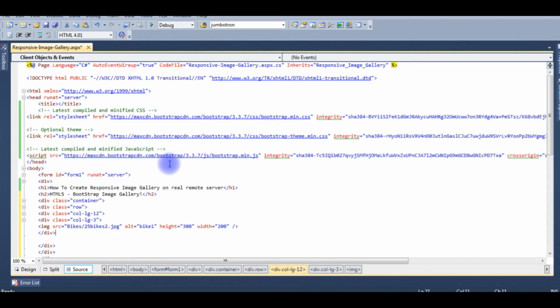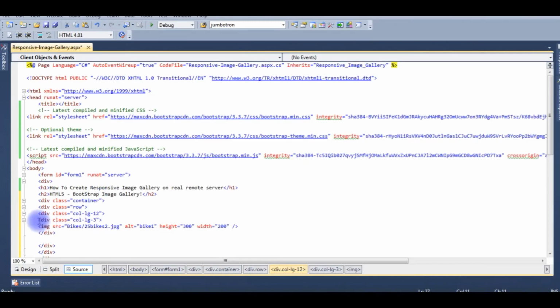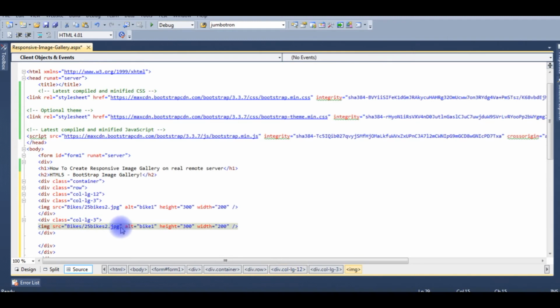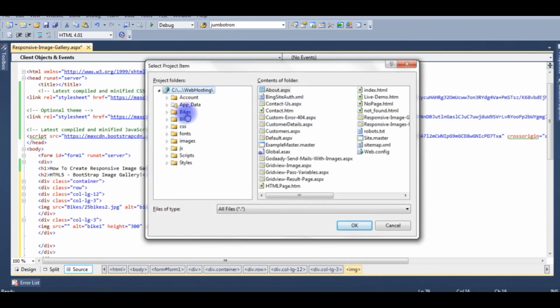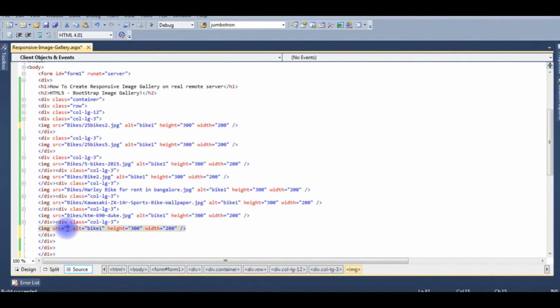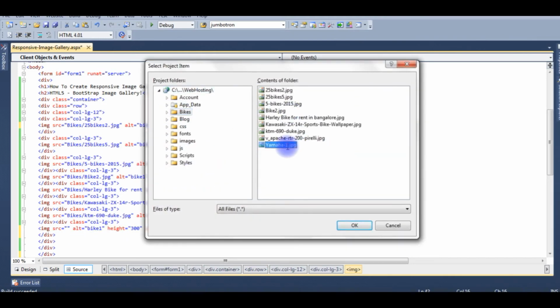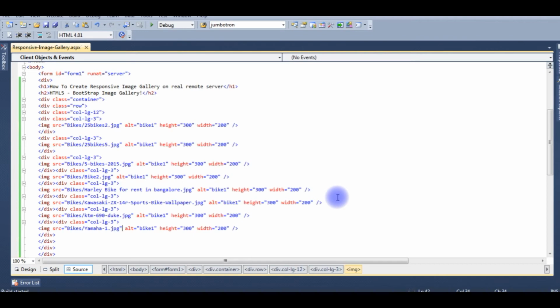Now this image gallery contains 8 images. So copy this, paste, add the second image, bikes 2. So add up to 8 images. Now the last image, bikes, Yamaha 1.